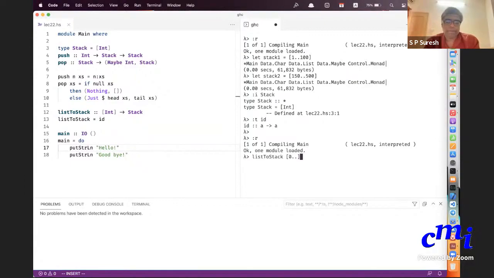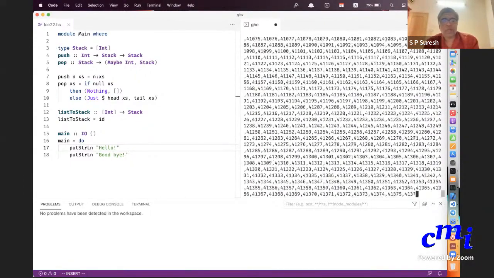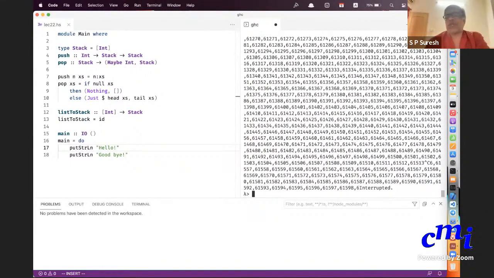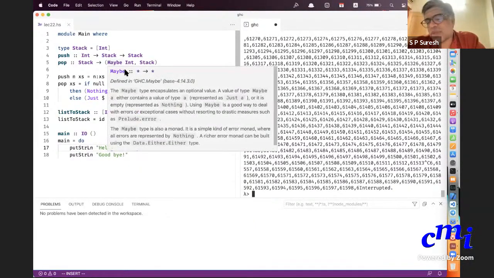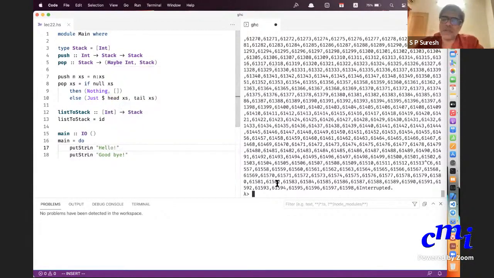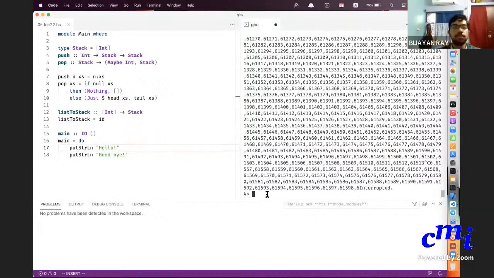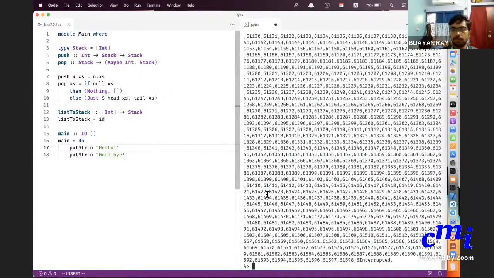Sorry, it is already starting to print. There is no need to derive Show or anything, because Stack is just a type synonym. You see, there is nothing at all that is special that you need to do. Okay, Vijay? Yes, sir. Okay, great.